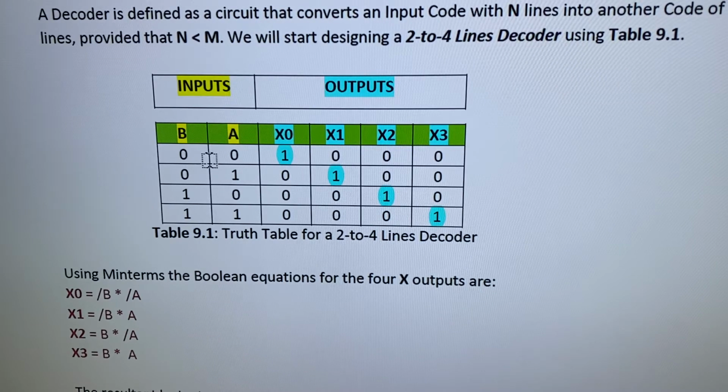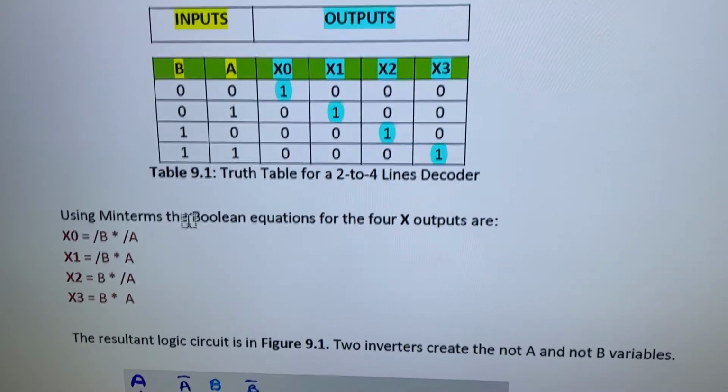So when both inputs A and B are zeros, your output x0 will be 1. When you have 0, 1, your output on x1 will be 1. When you have 1, 0, which is number 2 in binary, x2 will be 1. And for x3, the output will be 1 when we have number 3 in binary code, which is A and B equal to 1. So this is established in these equations